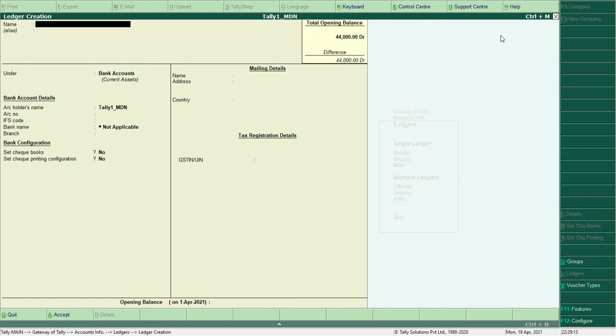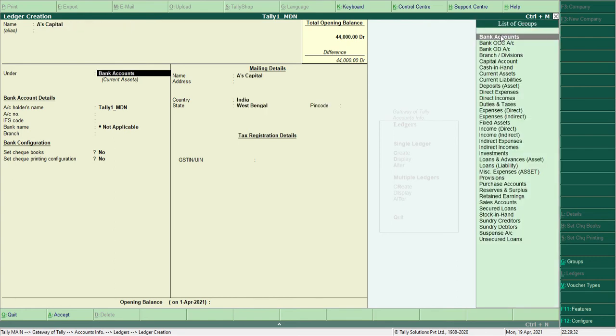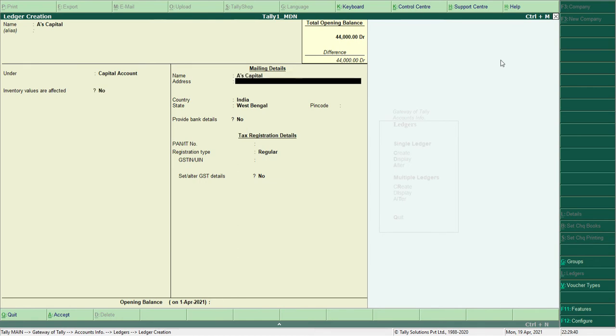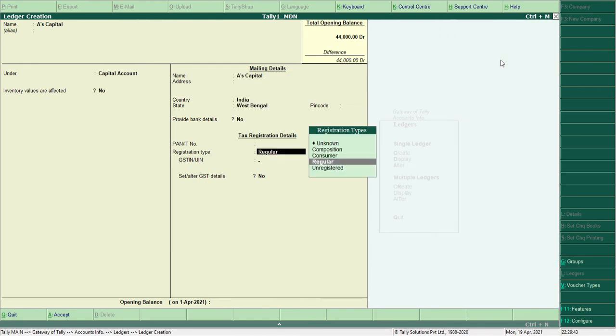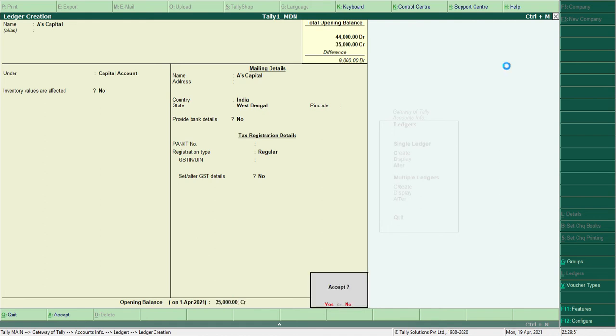Okay. Now just remember, I have not included the party details. Party details are already there in the assignment. Separately I will do it, as well as stock in hand. Let me finish up all the other ledgers. Now all the credit values. A's capital. Whatever is the name, you just have to enter the name of the ledger, and here you can see the group is capital account selected. You get capital account. Now you come to the end. A's capital is 35,000. Next is again B's capital.